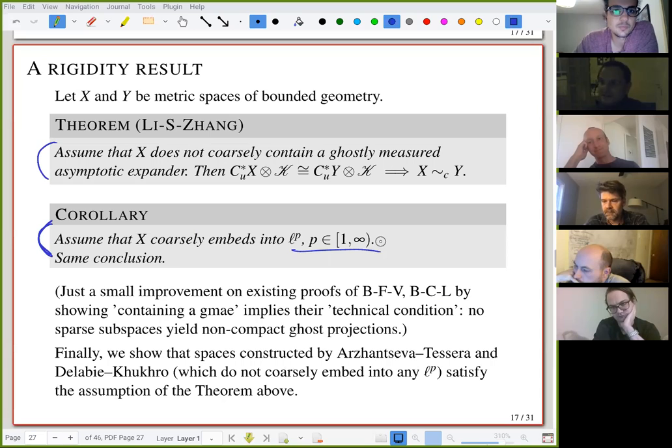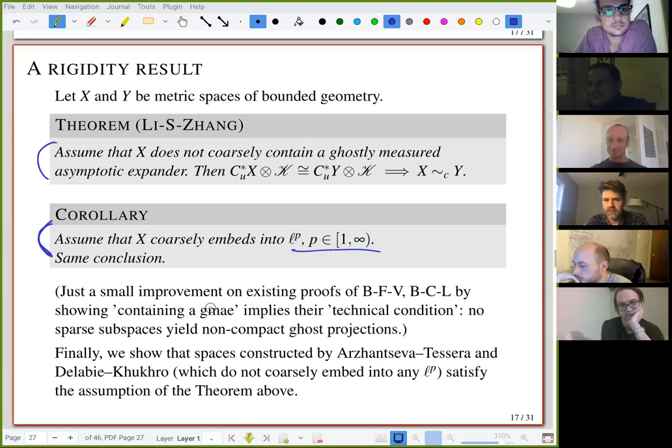Yes. So that's why I say it's a small improvement, because it's literally just that argument. I mean, you have to fiddle, but it's a small improvement in terms of the level of generality of the result, but the fact that the proof is more direct is good. Of course. I just say because we literally just plug into the technical condition. It's just that we kind of got lucky and we ended up having a nice geometric characterization of these block rank 1 guys existing in the